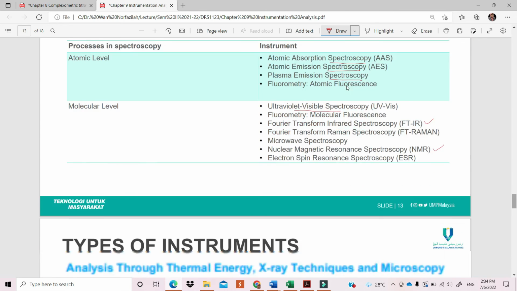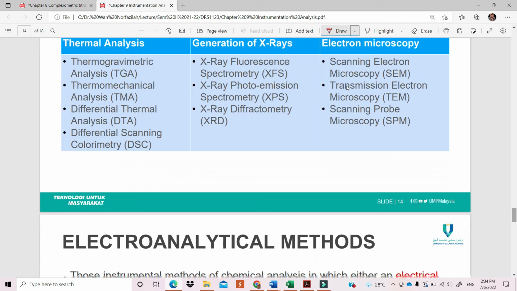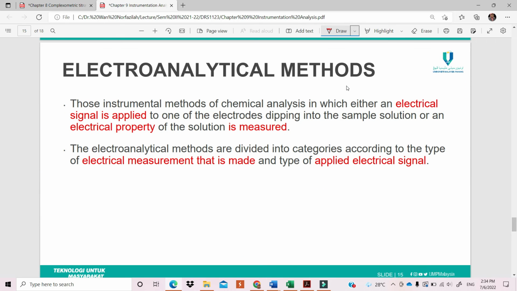Okay, and then we also have analysis through thermal energy, X-ray techniques, and also microscopy. There are different types of instrument under each type of analysis. And these are still under spectral methods. Okay, and the second type